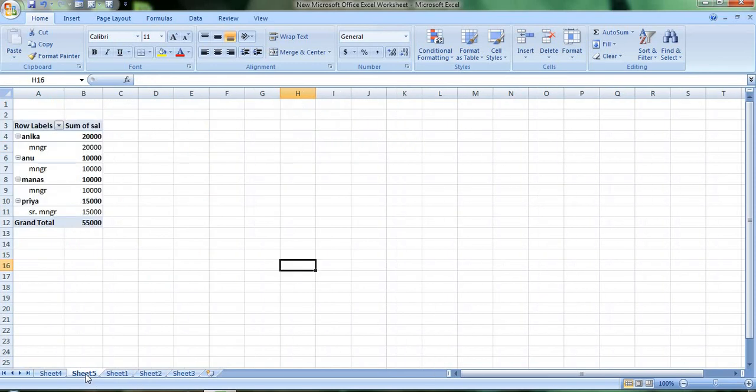See, in sheet 5 the summary of the data is there. I can show very clearly Annika is a manager, salary is 20,000, Anu is the manager, take the salary. If I want to know which department, I can choose the department from the pivot table also, so that it will be shown very easily. These steps basically make our pivot table. So the pivot table is a powerful tool for summarizing the data or presenting the data in a very summary form. To present the data in a summary form, we'll go to the pivot table. Hope you have understood these things.